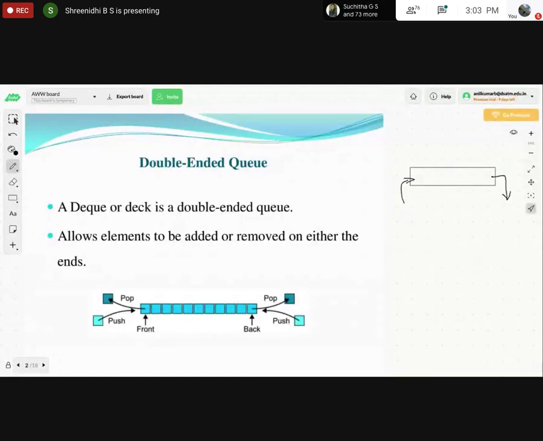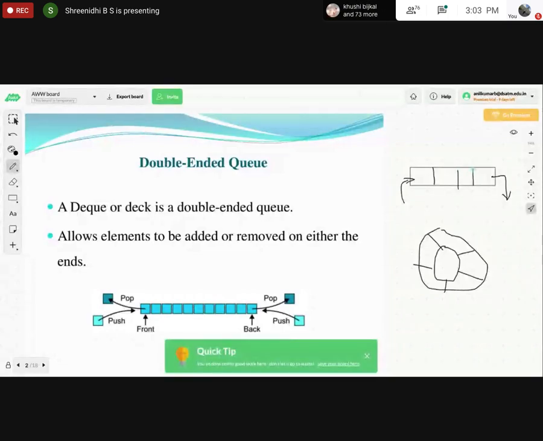Okay. So one is a circular queue and another one is a normal queue we had, right? What is the difference between these two, we have learned in the previous class, and the implementation of a normal queue and implementation of a circular queue.